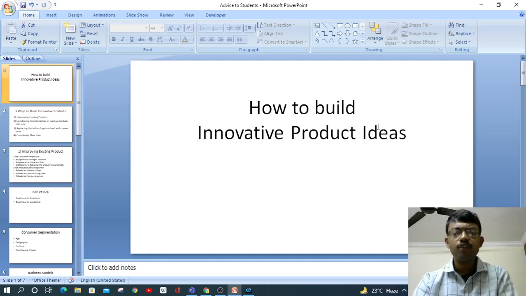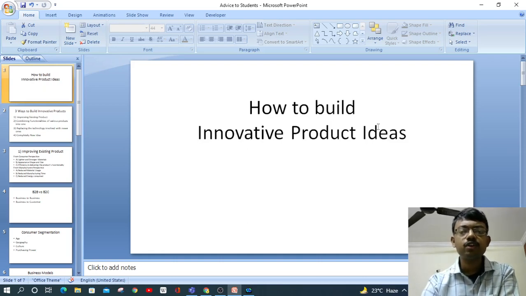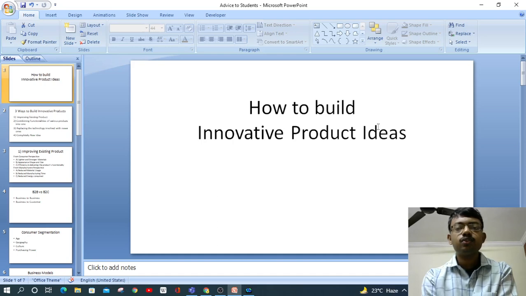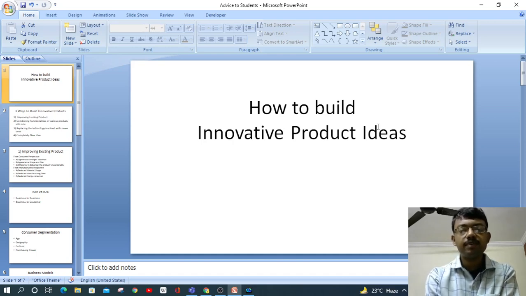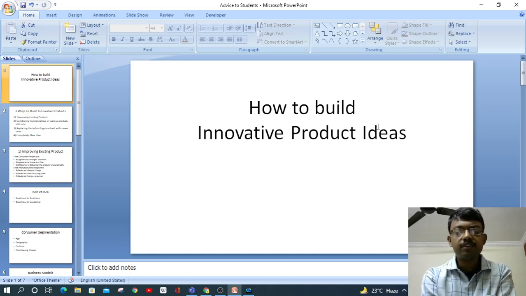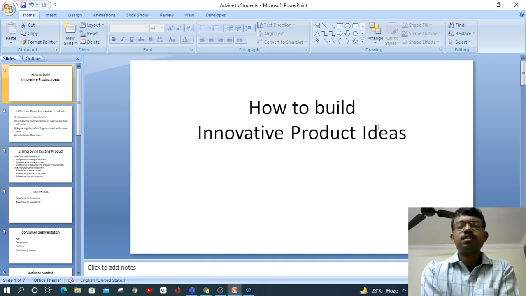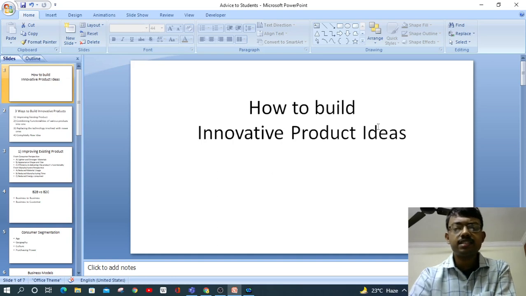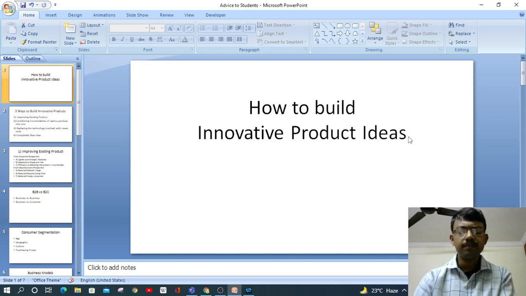And coming back to how you can build a product, you also have to have your competence. A product is not developed by a single person, but by multiple minds coming from various domains: mechanical, civil, electrical, electronics, and computer science. A bunch of students and engineers sit together, discuss ideas and build a product. So you should also develop your core competence.